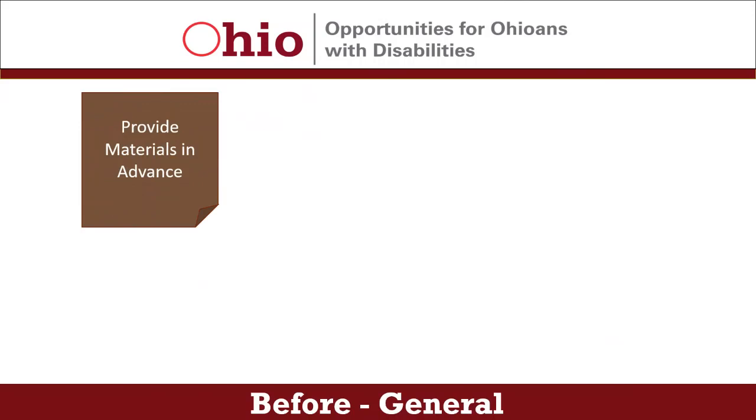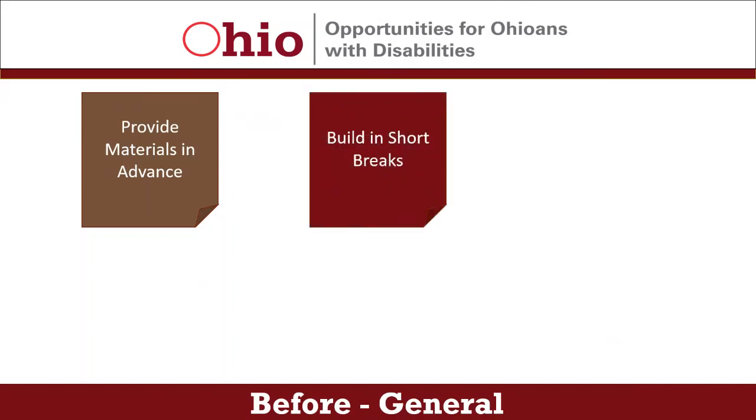Yes, Kelly, there are some general items to keep in mind in the before phase. The first is to either provide materials related to the event in advance to all attendees or be prepared to if a request is made. Remember to build in time for short breaks for events and meetings that last more than an hour so individuals can manage any personal needs they have. For example, a person may need to take a break in a quiet area or need a break to take medication. Also, a person may need to care for their service animal and visit the facility's animal relief area.